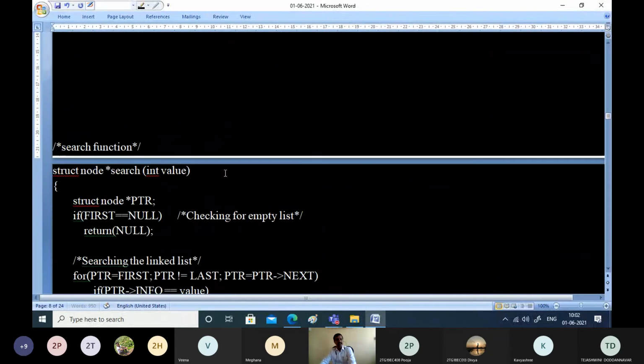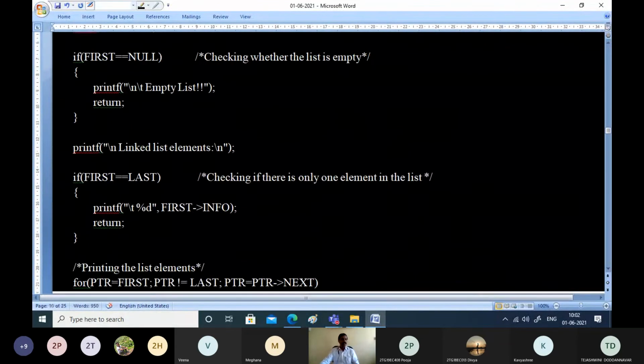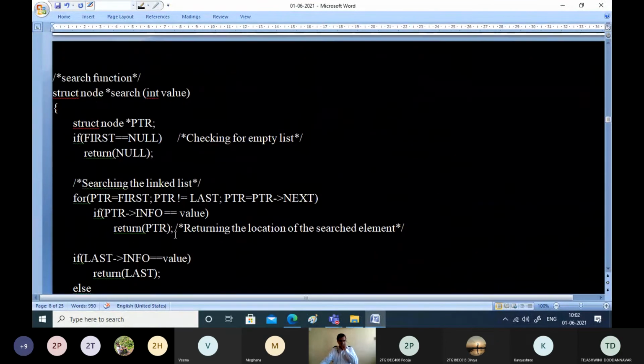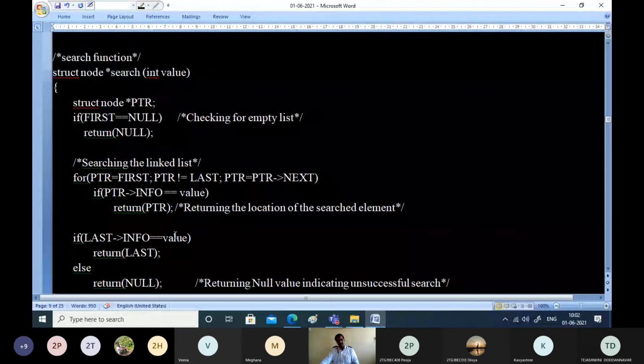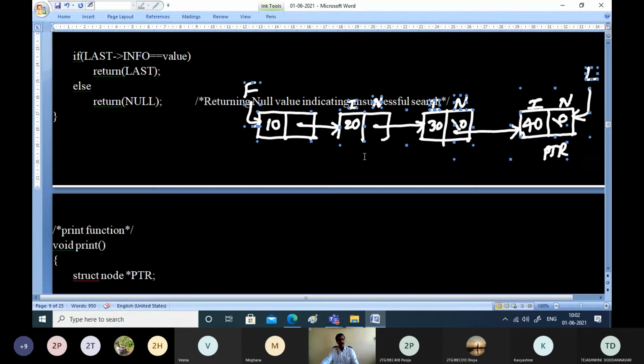Now let us see the search function. How the search function works for a linked list. Search function for searching the elements in a linked list.